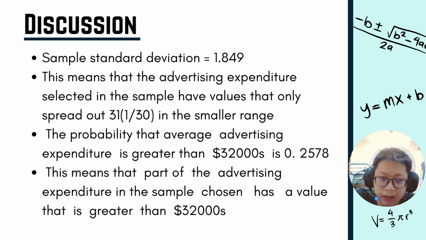advertising expenditure selected in the sample has values that only spread out from the average mean 31 with the fraction of 1 over 30 in a smaller range. And the probability that average advertising expenditure is greater than $32000 is 0.2578. This means that part of the advertising expenditure in the sample chosen has a value that is